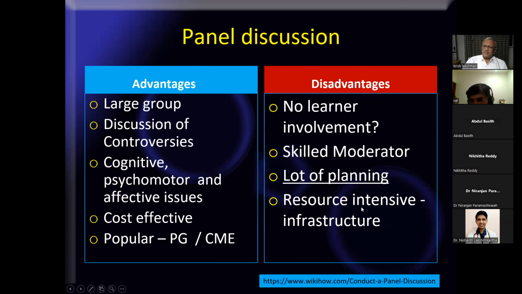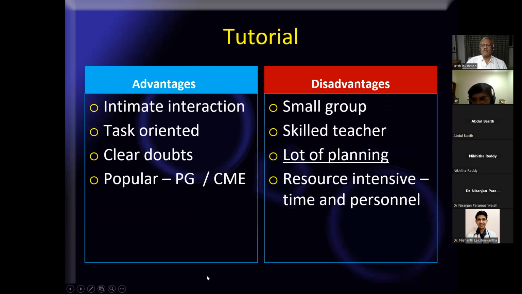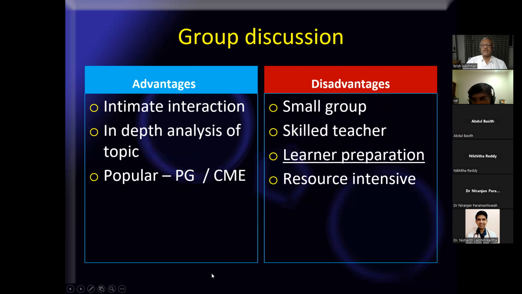So what is important in a panel discussion is that you debate. It's a debatable issue, and it is very important that the moderator plans and executes the flow of the program. That's an important thing. Okay, group discussion is something which is one of my favorites, because if people come prepared for it,